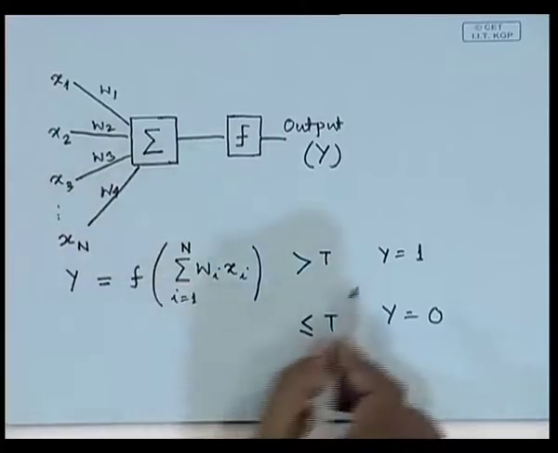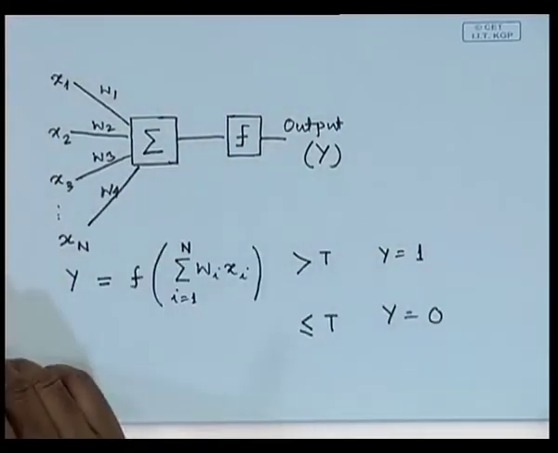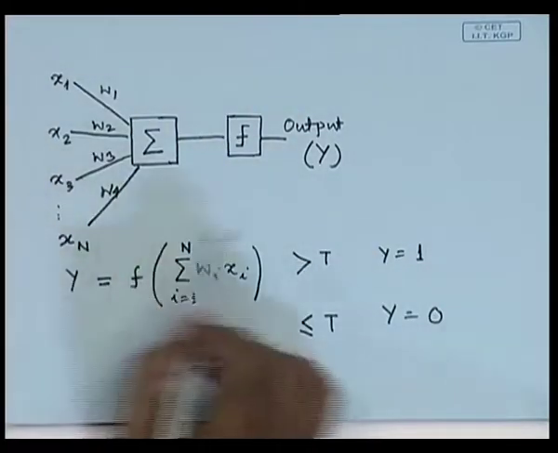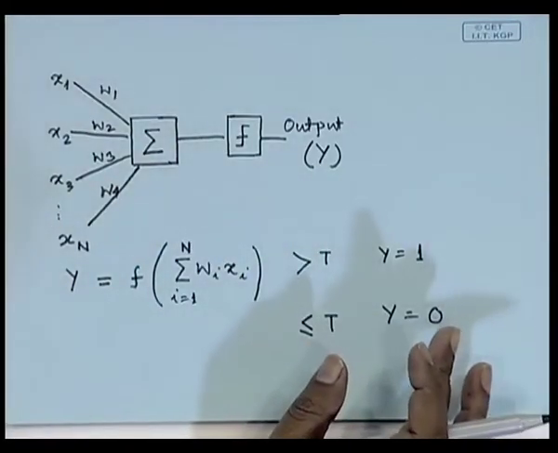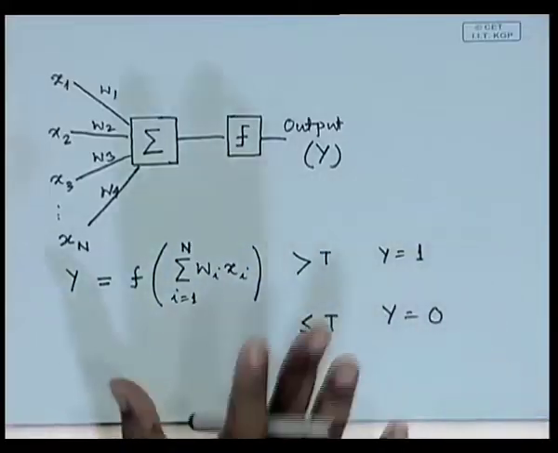Having this kind of functionality, you find that it has a very close similarity with one of the linear discriminators that we have designed earlier. That is, we have said that if gi(x) is greater than 0, it belongs to some class,